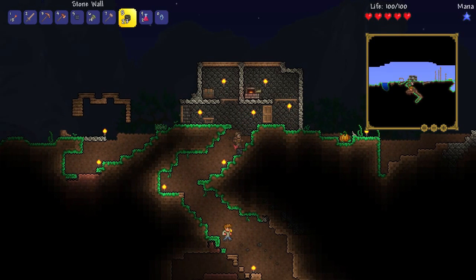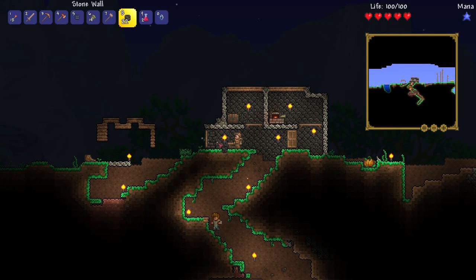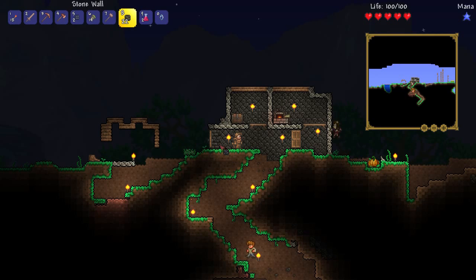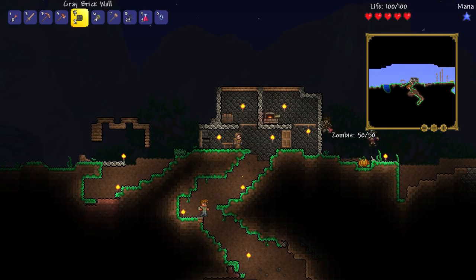I can probably leave that door open. I don't know why I really have a door in my house anymore, but there you go. But yeah, we've pretty much got this place filled out. I kind of put the grey brick wall there and figured that would probably work nicely as like an entranceway material, I guess. So yeah, looks like the zombies are kind of...